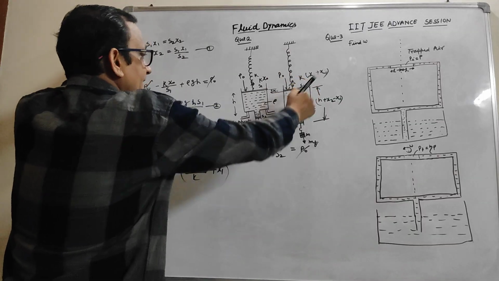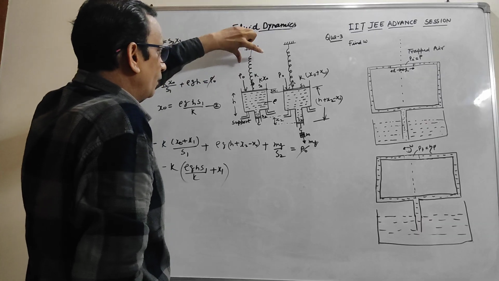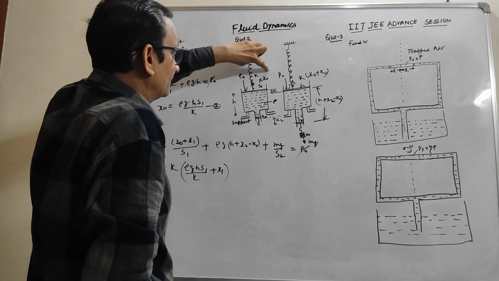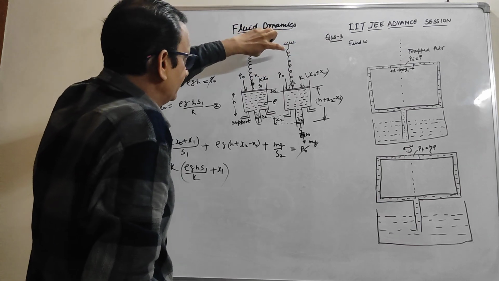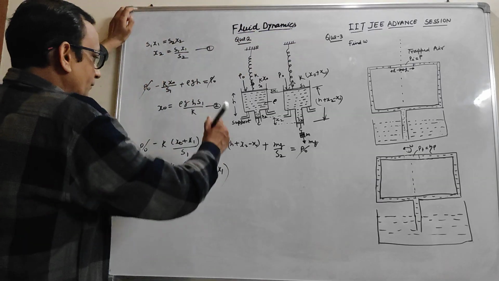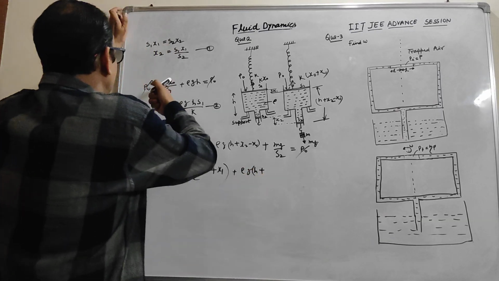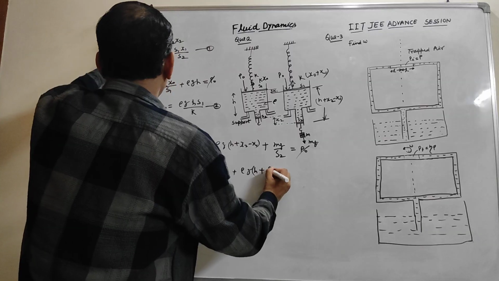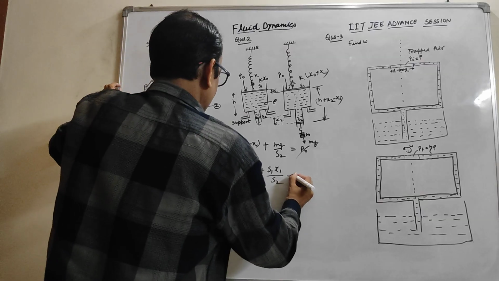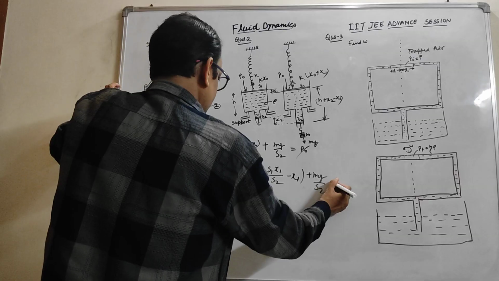We have to calculate here the change in length, the change in elongation. We are not finding the total change. Then the value of extension would be x naught plus x1, but we have to find the change in extension. So this is x1. So we find here x1, rho g h plus the value of x2. This is x1 and s2. This is x1 plus mg by s2. This becomes 0.